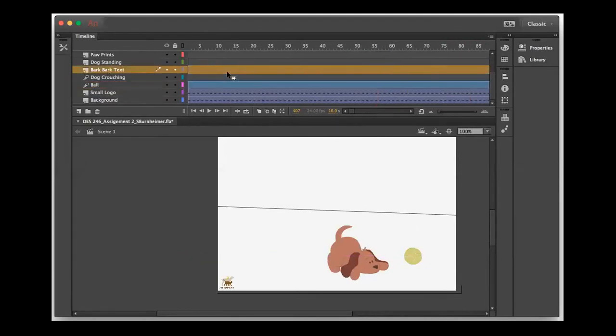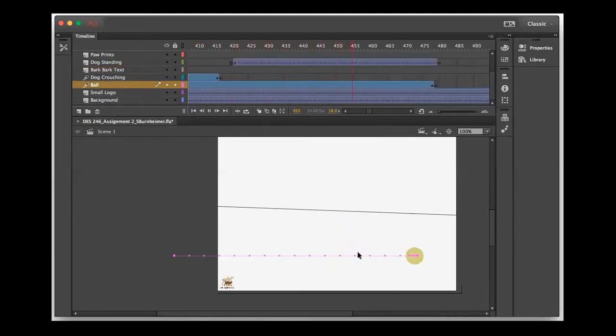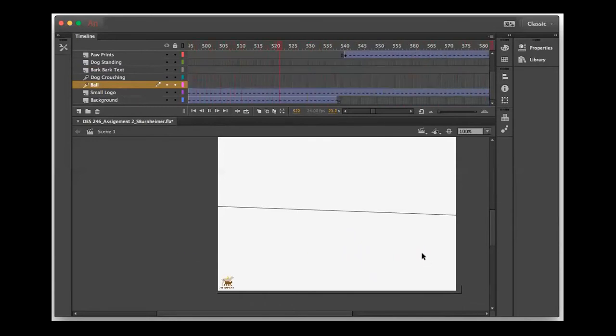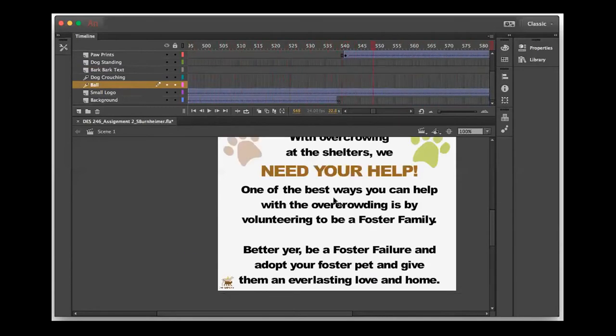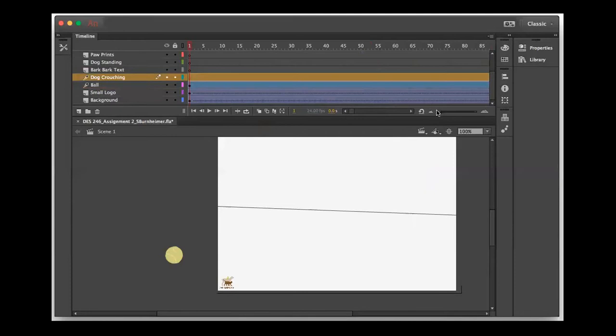There was one that I missed, wasn't there? Oh, yeah, there was one that I missed. And that was the dog standing. Yep. But the next question is, with this ball right here, if it continues playing, eventually, like the dog disappeared, it eventually disappears. What if I wanted there's a big gap in between these two, where I want that ball to stop right there. And then when the dog crouching disappears,